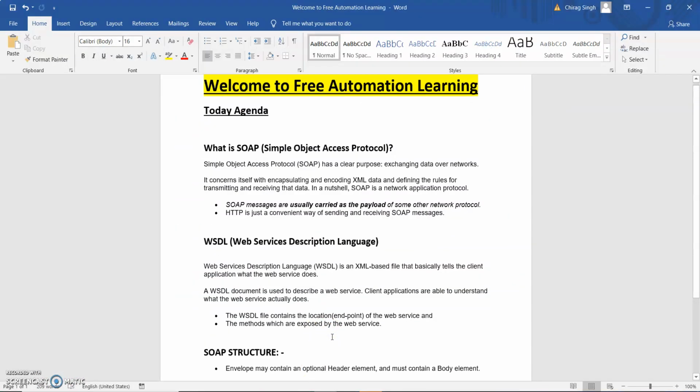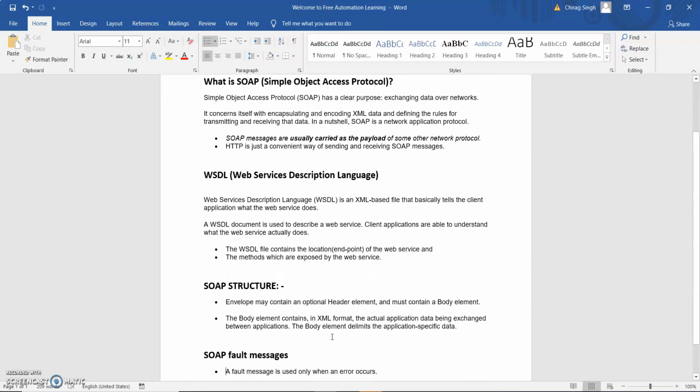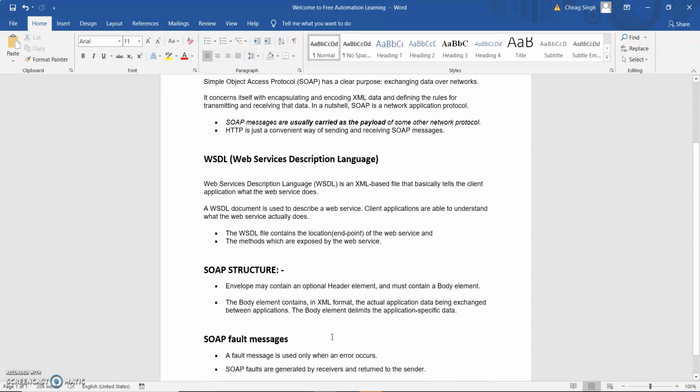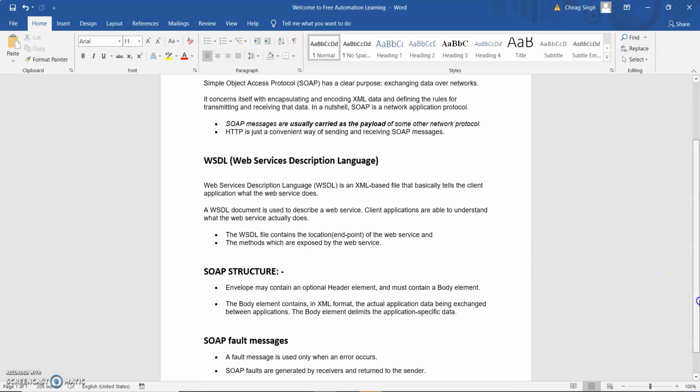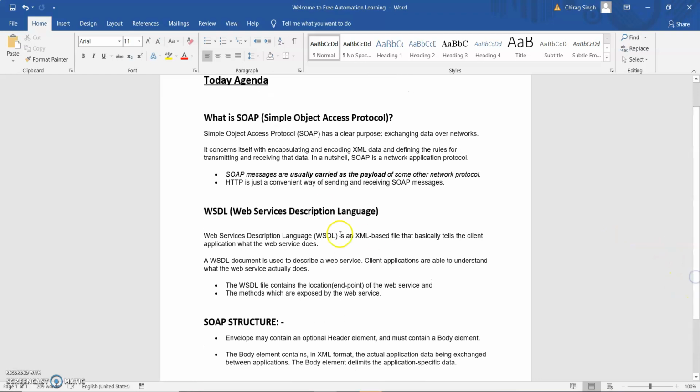Now we will see what the SOAP structure is. As I said, SOAP supports XML format data. So it has an envelope, the SOAP envelope. SOAP envelope means we are encapsulating our request, encoding our XML data and defining the rules for transmitting and receiving that data, right?